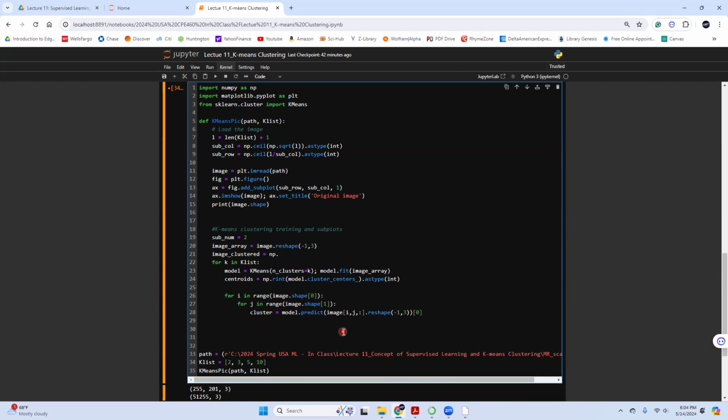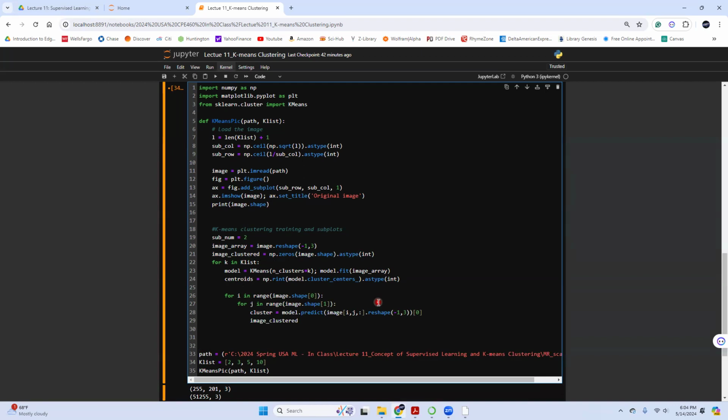Actually, no need for an array. I just directly use np.zeros, which makes my life easier, with image.shape. And to make my life easier, I can make everything integer. Again, why? Because it's RGB. Now I can recode it. Now my life becomes much easier.